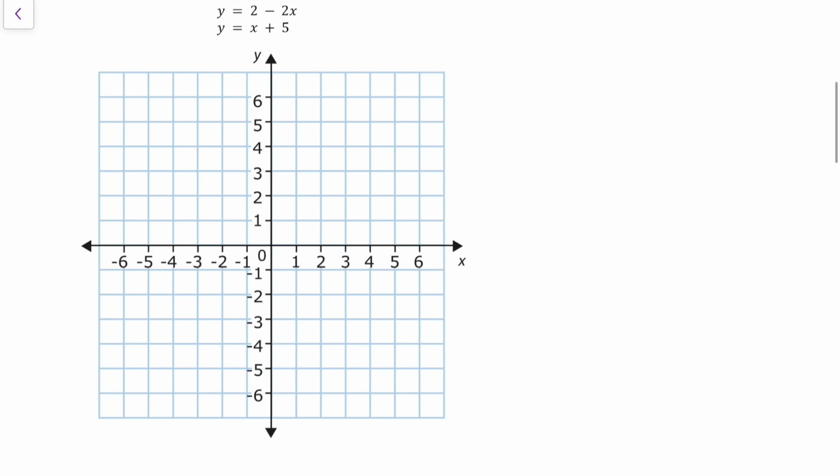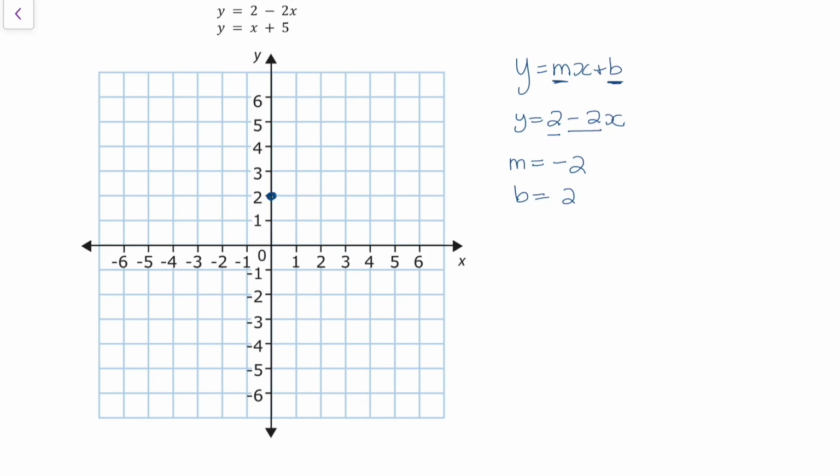So remember, when an equation is written in the form y equals mx plus b, we know that m is our slope and b is where our line crosses the y-axis. So in the equation 2 minus 2x, this is telling me my slope in this case is negative 2, because negative 2 is in front of our x, and our y-intercept is 2. Okay, so I have negative 2 and 2. So if I look at where it crosses the y-axis, it crosses the y-axis at 2,